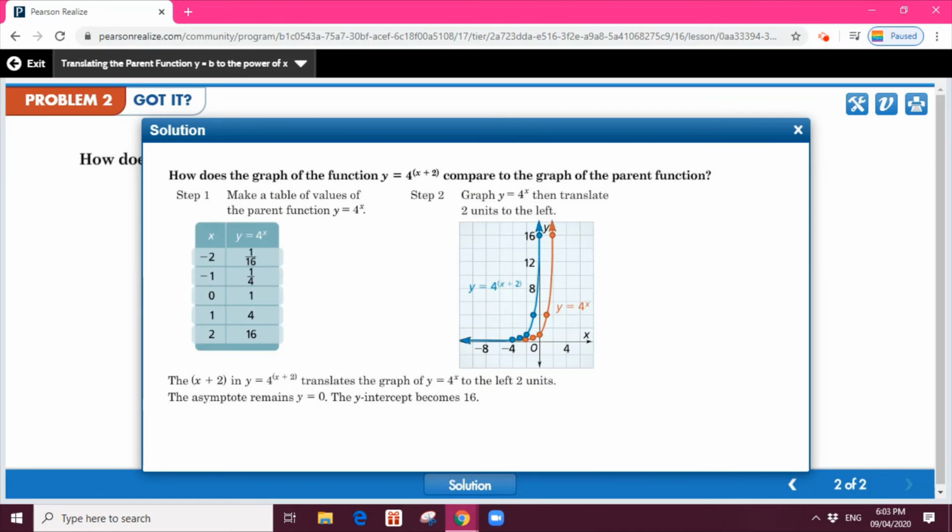Step 2. Graph y equals 4 to the x power. Then translate 2 units to the left. The x plus 2 in y equals 4 to the power of x plus 2 translates the graph of y equals 4 to the x power to the left 2 units. The asymptote remains y equals 0. The y-intercept